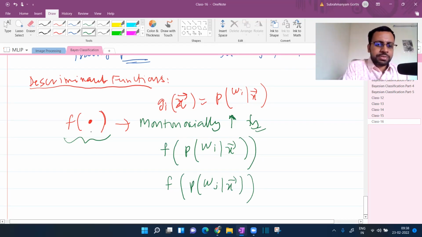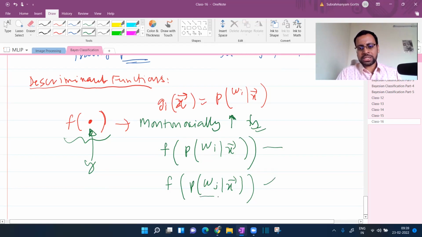Each of them is a function whose input is x, just to avoid calling it f of y. Obviously, these two are equal at the boundary, right? Of course, then